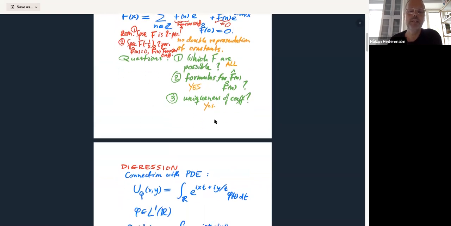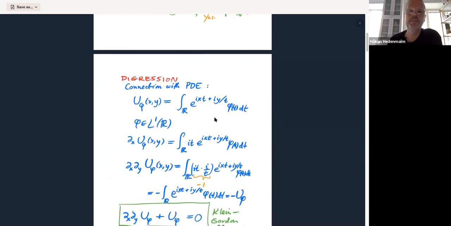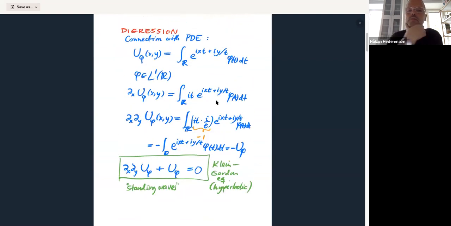It's a bit surprising. Let me digress further a little bit. Why would you do this kind of expansion in the first place? Well, consider a function phi which is just integrable on the line, and produce the corresponding function of two variables, u sub phi, a function of x and y real. Then